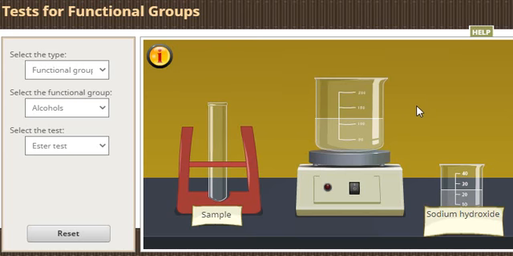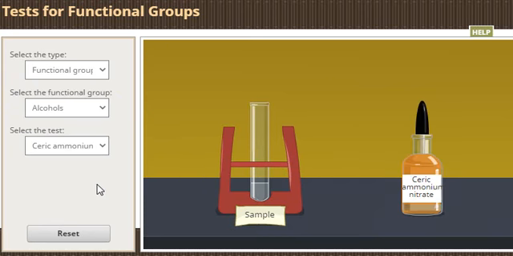And we all know very well that when the ester is there, the C double bond O, that is the COO group, is present to show the formation of ester. Now this is the ester test, the second test for the presence of the alcohol. Now to identify the alcohol, the third test is known as the ceric ammonium nitrate test.